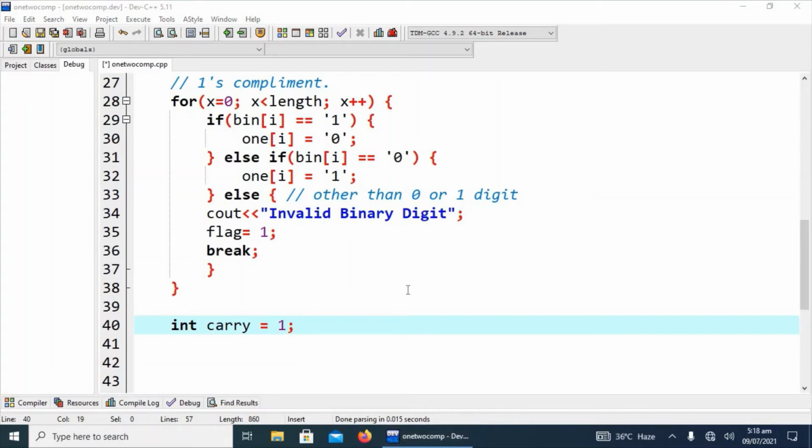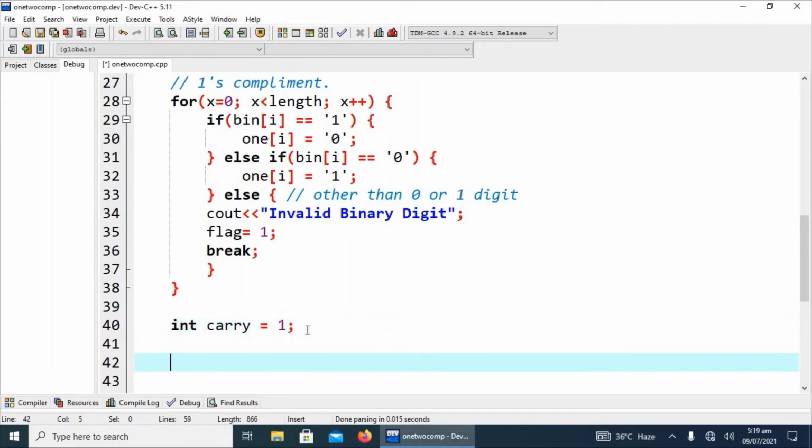The entire logic of 2's complement is hidden behind this carry. Why? Because we have already discussed that we have to add 1 bit to the given 1's complement of the binary digit, so we have declared 1 carry that will be added to the given 1's complement. Okay, let's start.